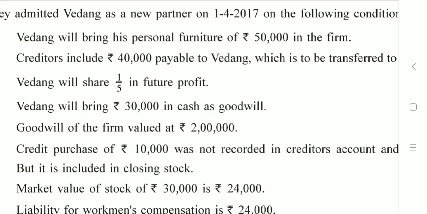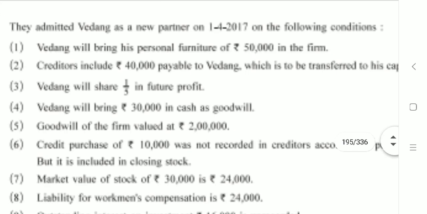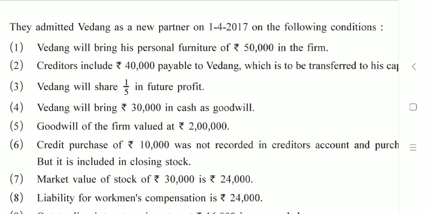As I said, every sum will include an adjustment for goodwill, and in every sum you will be given a minor variation related to the goodwill adjustment. I have clearly mentioned this in the video regarding the explanation of accounting treatment of goodwill. In every sum the goodwill adjustment will be given, but something will be a little new in each one, and which is very easy. Alright, so okay.